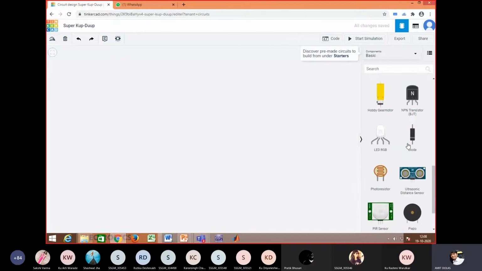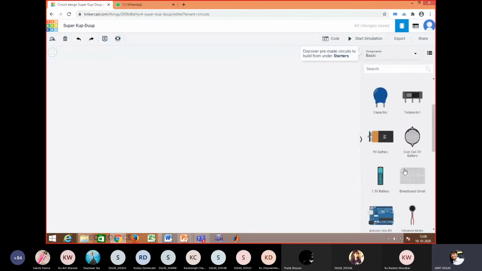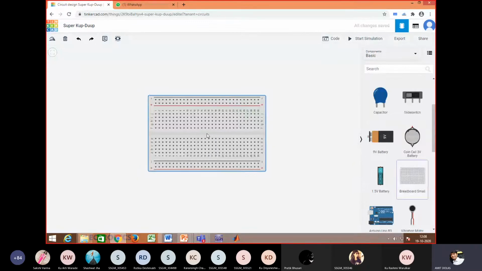So we need a breadboard. We'll use a breadboard here. So we'll just pick the breadboard and you can put it here. So you may name this breadboard. You have to give the breadboard a name, say I will write BB1. If you are using multiple breadboards, with several circuits on breadboards that you are connecting together, you may assign a name to each breadboard. That's why I'm assigning one here. We are using only one.